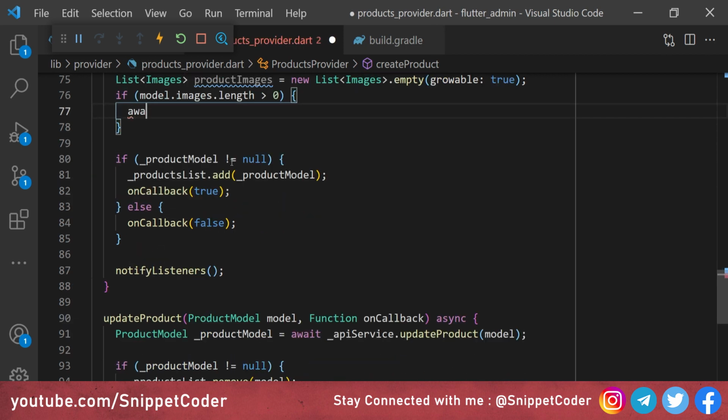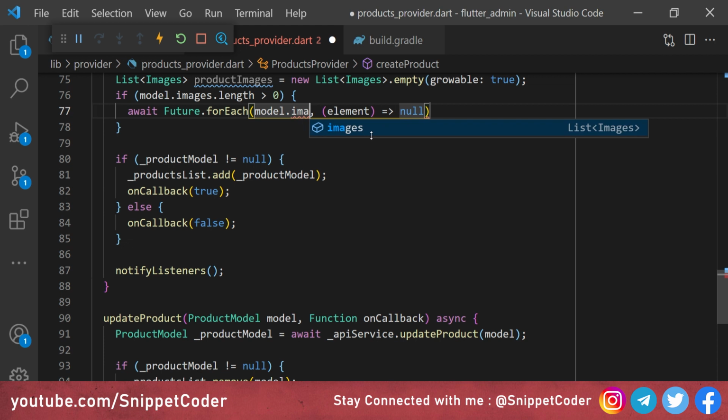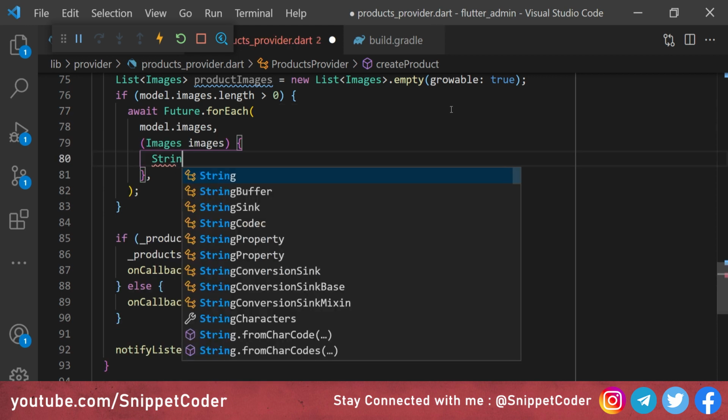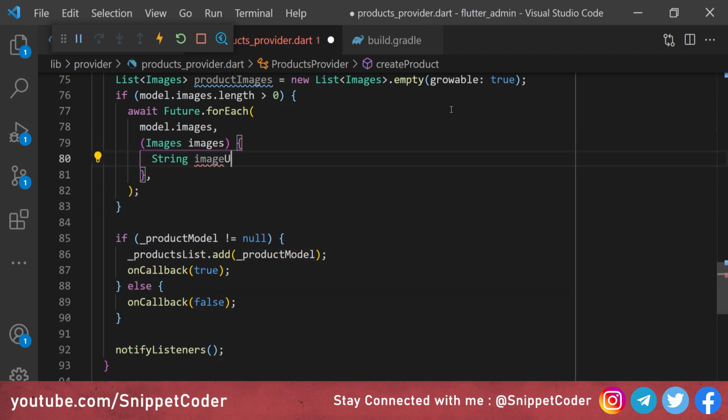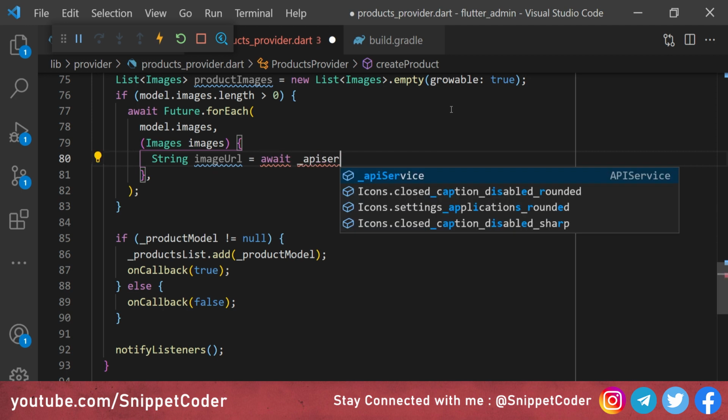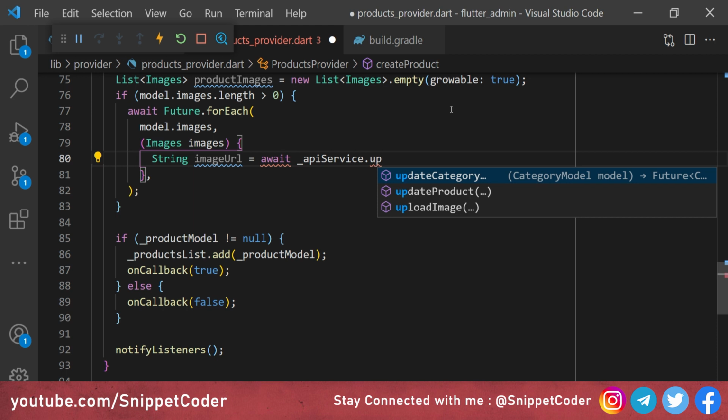And here we are going to use await Future.forEach. We are not using any normal forEach over here because we are going to do the REST API call here. For that purpose, we have to use the Future.forEach loop here. And here we will pass model.images, and the element we will pass here images. And here we will have one variable, String imageURL, is equal to await APIService.uploadImage, and